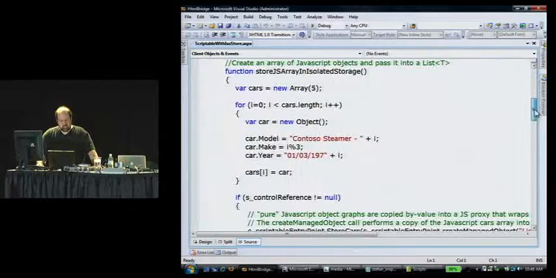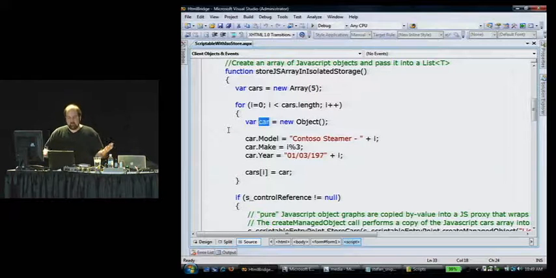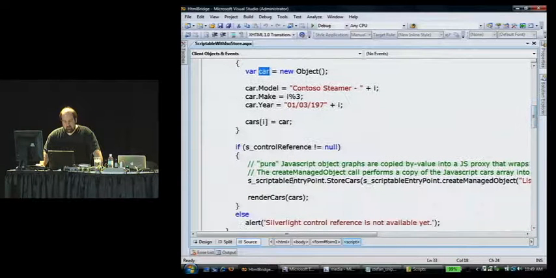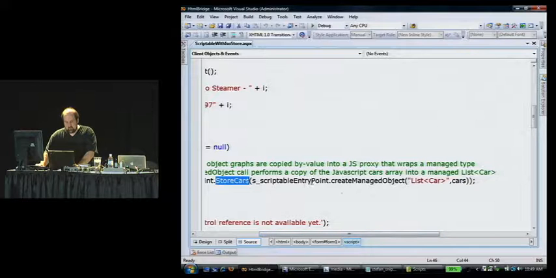So let's first take a look at the JavaScript code itself. I've got an array, and then I just went out and I created a couple of instances of some object. I'm calling it a car with a couple of different properties. So I've got a JavaScript array of JavaScript objects, something that probably all of us have to deal with every day. And then what I do is I go to my instance of the Silverlight application, and I call this scriptable method called storeCars. So I want to pass an array of JavaScript objects into managed code. And the way you do this, if you take a look at it,